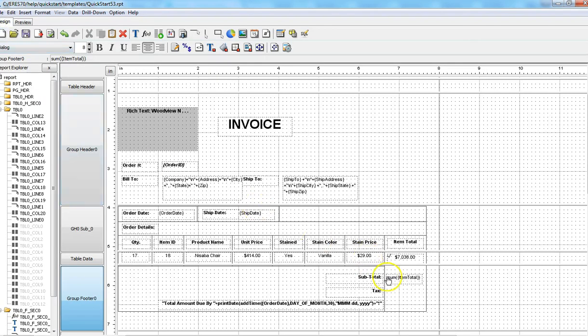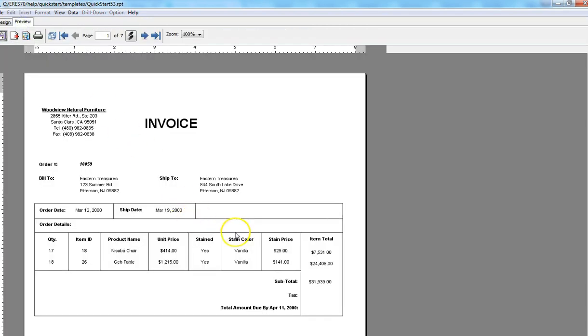So for tax and grand total, I guess we'll leave it as an exercise for those who want to try it himself or herself. So this concludes the